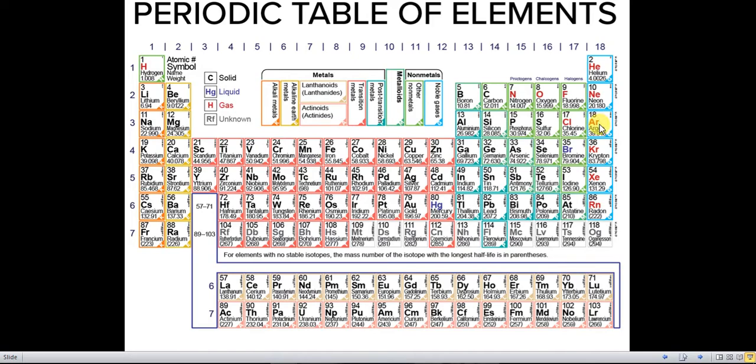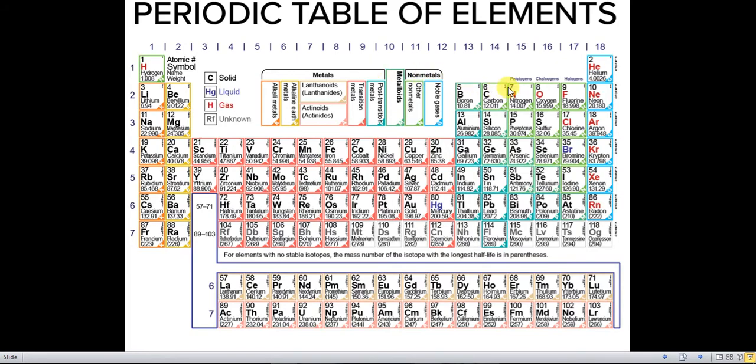Inert gases means they are highly stable gases. If you look at gold, silver, and platinum, they are very least reactive metals. So some are gases, some are inert gases, some are metals, some are